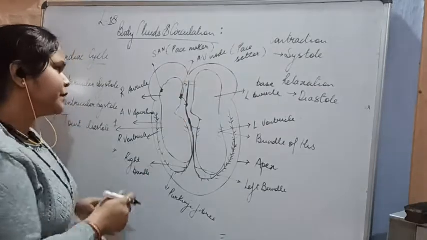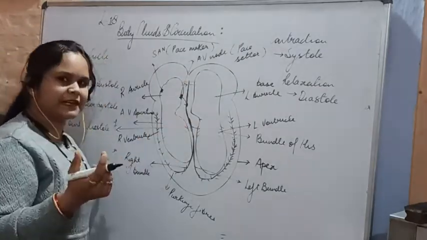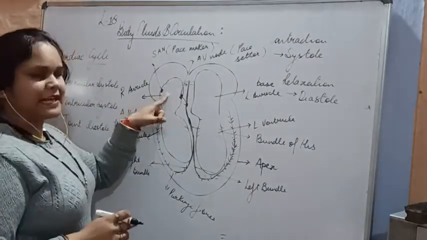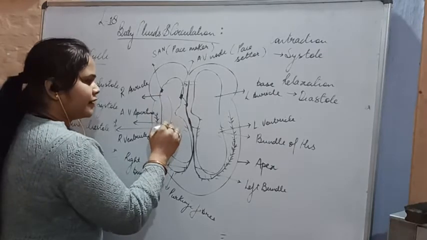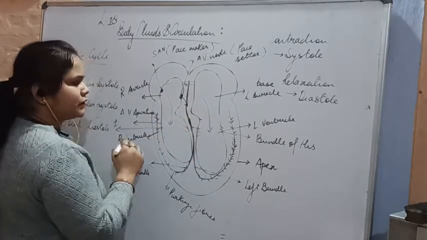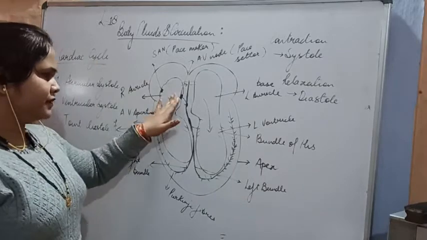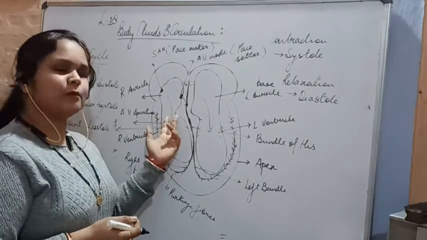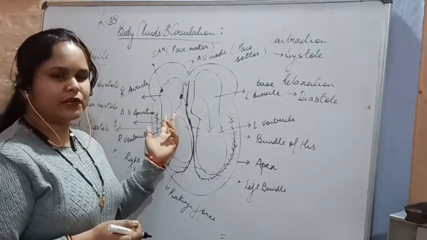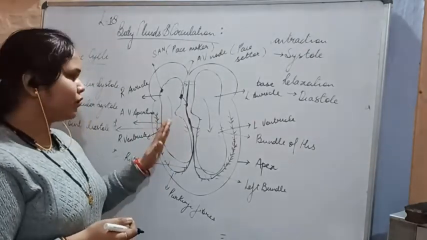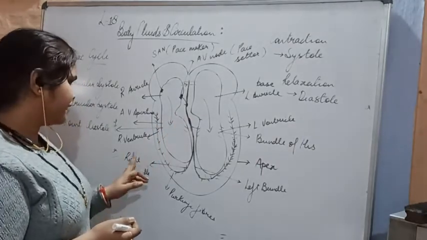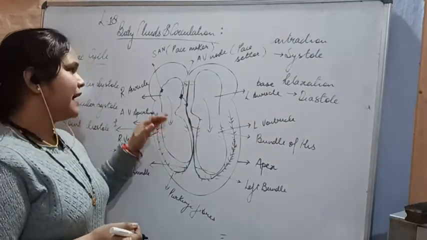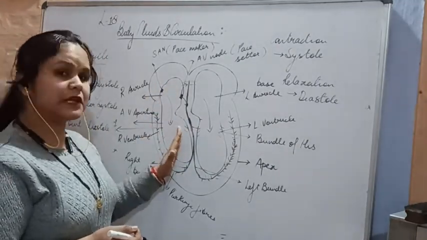Now what has happened here, inside it the pressure will be created, and when the pressure is created due to the generation of impulse of this SA node, the blood from the auricles will be transported to the ventricle. Now, how will it happen? After the opening of this AV valve, the auriculoventricular aperture, which is closed on the right side by the tricuspid valve and on the left side by the bicuspid valve. So these are going to open and the auricles transfer the blood to the ventricle.